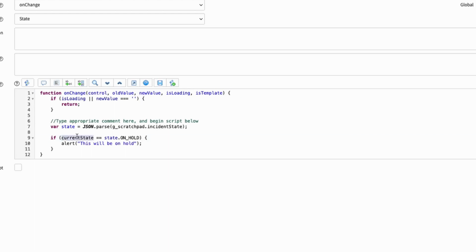So let's change this to new value. And what I would like to do here is, if it's not on hold, I would like to set the value of my on hold until field